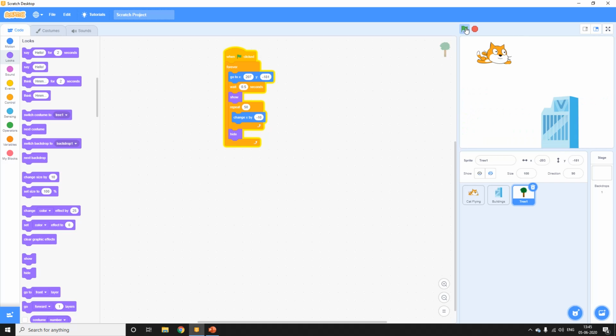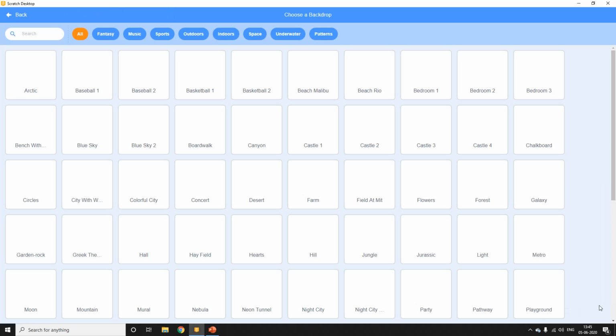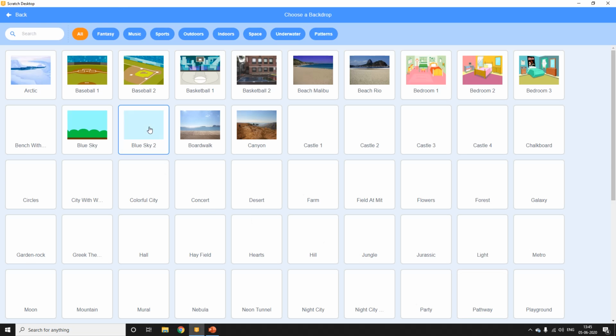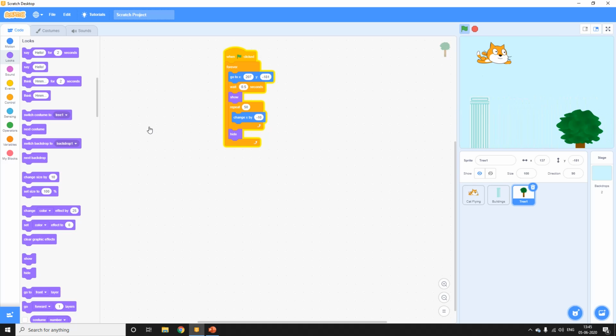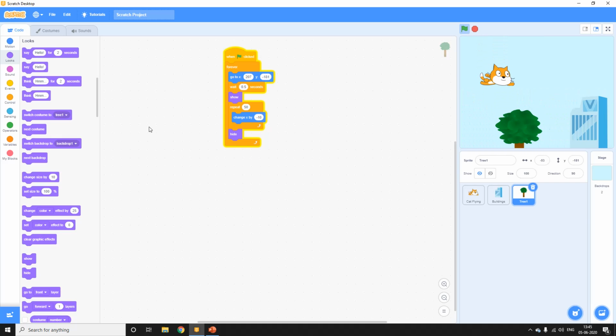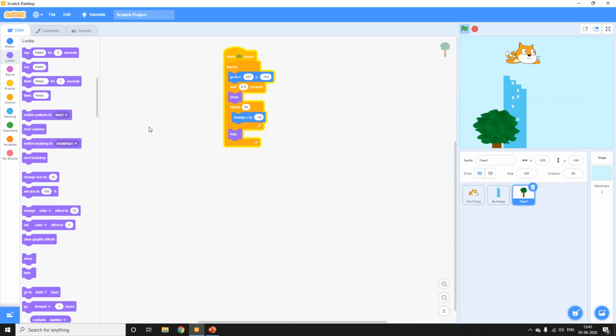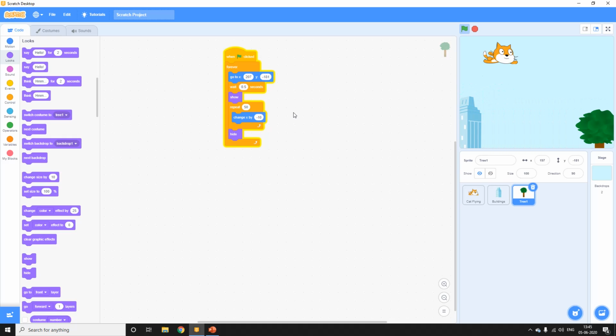Now to add a better frame, we'll use a nice backdrop. I'll use a blue sky backdrop. Okay. So now you see it's making much more sense. And you can actually now also move your sprite up and down. You see? So I hope you have understood how to make your sprite fly, how you can change the position, and how you use the show and the hide blocks simultaneously. So that's it in this video.